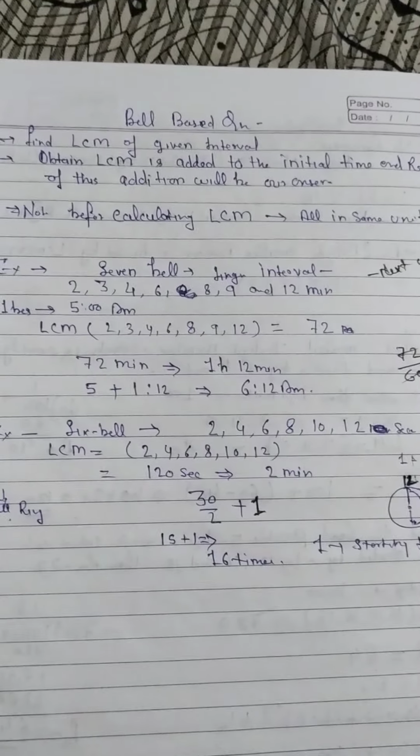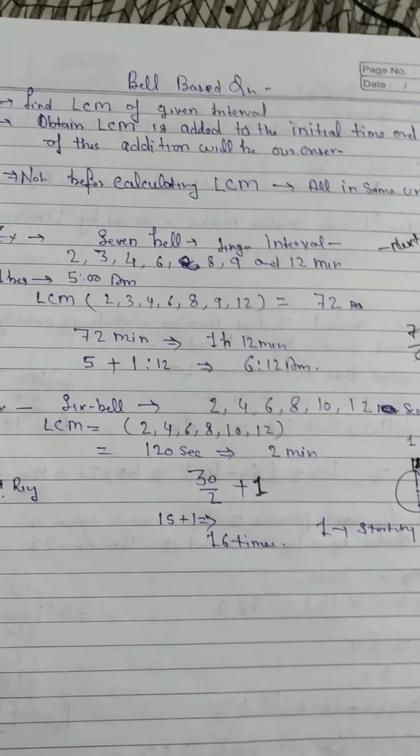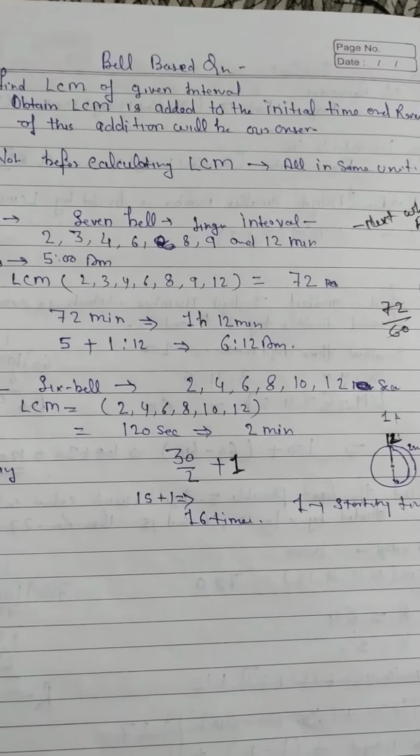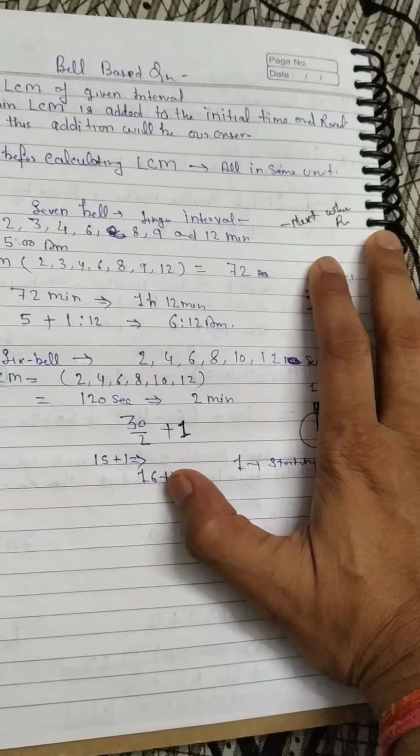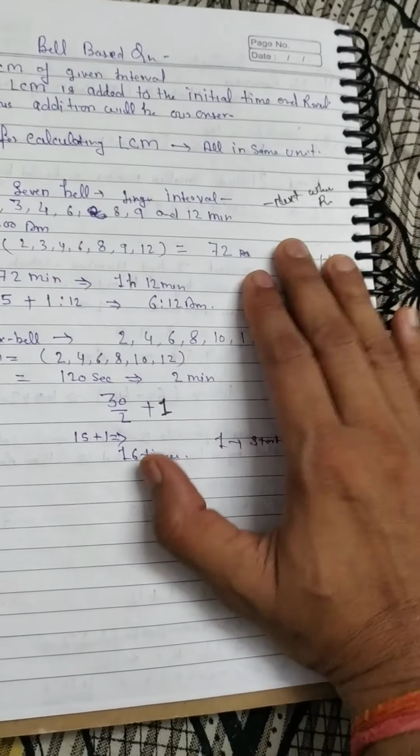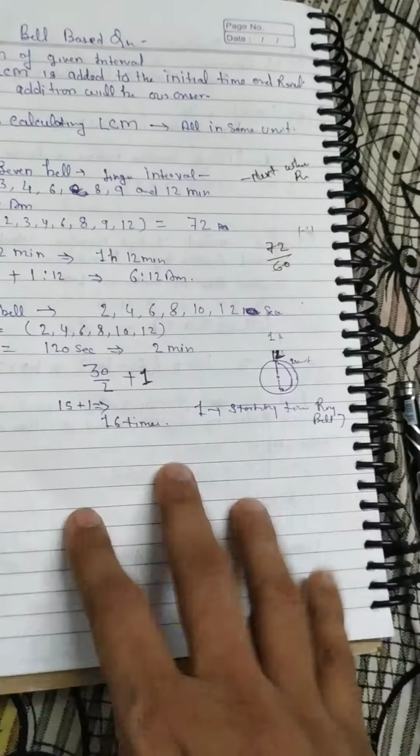So this is for both kinds of bell ringing questions, and you will understand very easily, don't be confused. One is when we are asked for the next time: just take the LCM and add it to the time when they started. Next, they are asking for